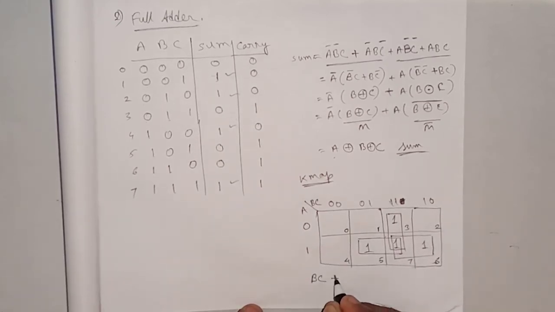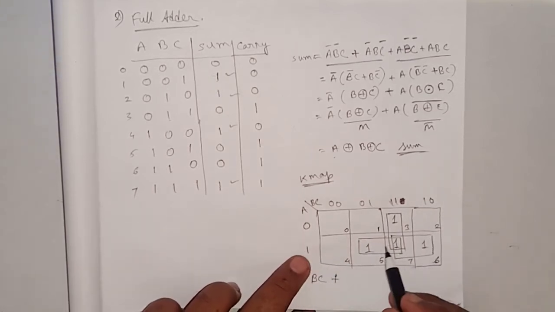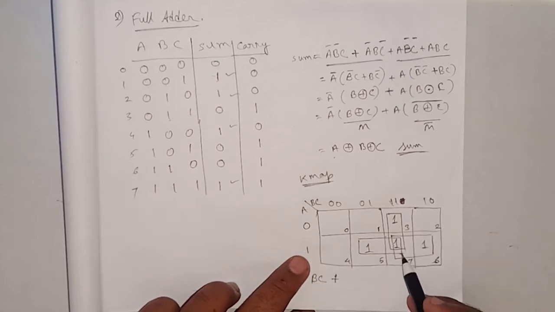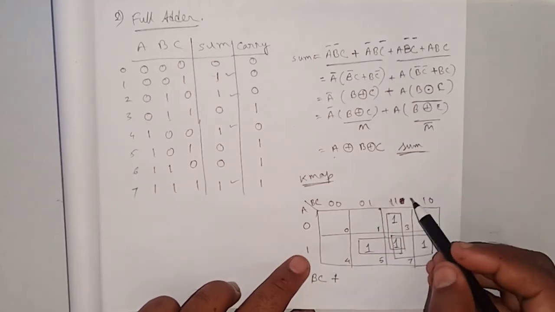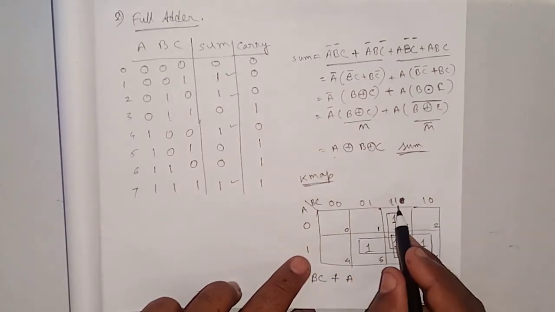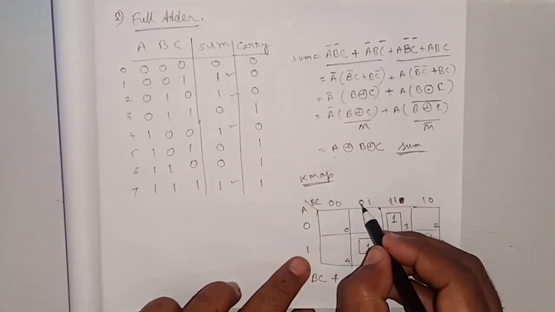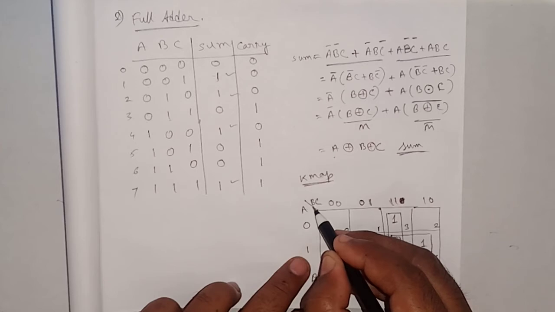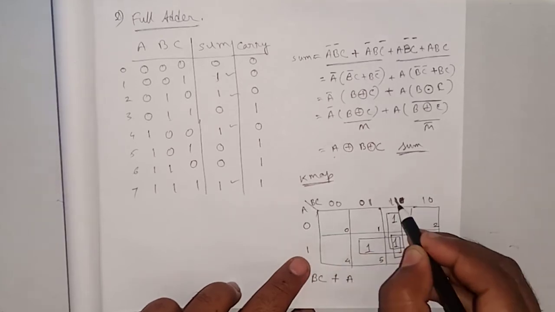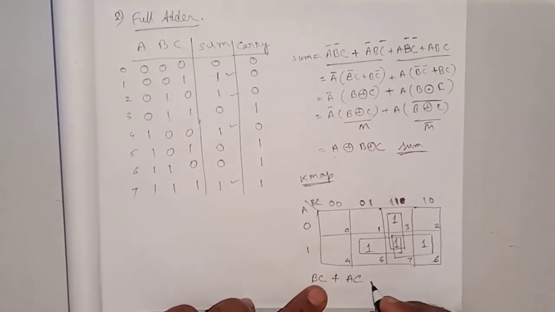BC, first set complete, second set start. Suppose this one is the second set, so A is still here, and from here the same, we are keeping the same value. From here we get only A, so we write A, and from these two which is not changing, C is not changing, the first one for B, second one for C as well as sequence, so C in both cases same, so we write C, and from last